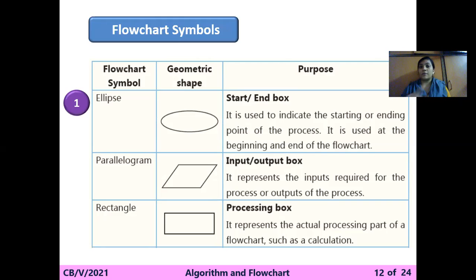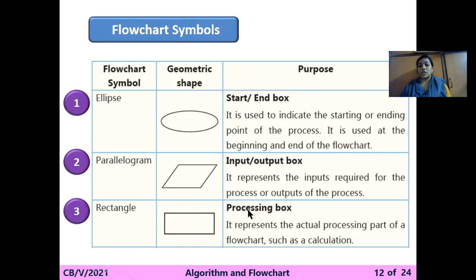For the second example, for even or odd number, we write down: take number n. And for the output, what comes out? अगर आप बना रहे हो तो क्या हो रहा है कि सैंडविच के लिए, now sandwich is ready. This will be the output. So in the parallelogram you write that. And for the even odd number, whenever you are writing print the number, that will come in a parallelogram.